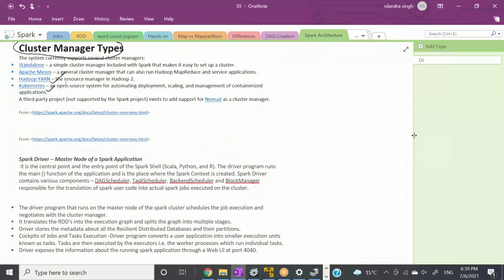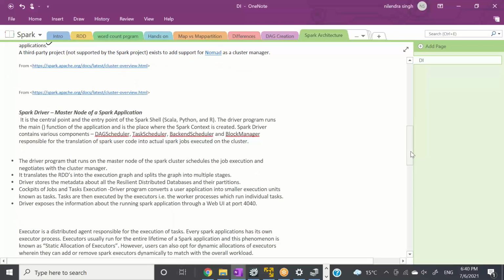Again, the same thing is written here. The Spark driver program runs the main function of the application and is the place where the Spark context is created. The Spark driver contains various components, that is the DAG scheduler, task scheduler, and some other schedulers. The driver program runs on the master node of the Spark cluster, schedules the job execution and negotiates the resources with the cluster manager.